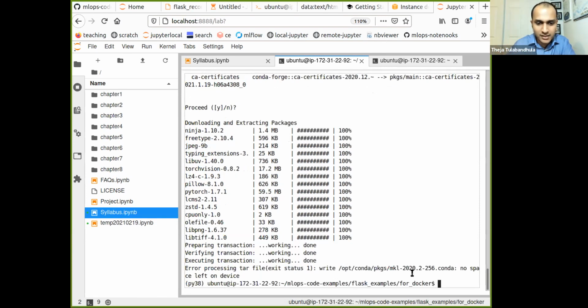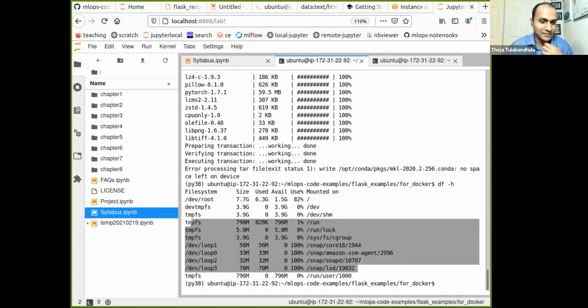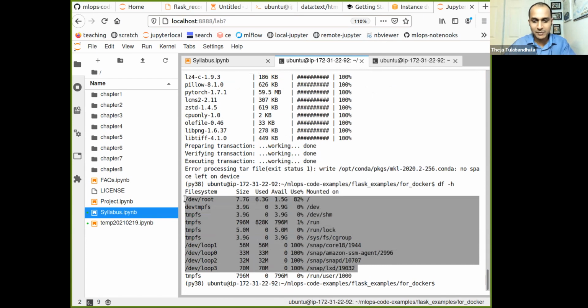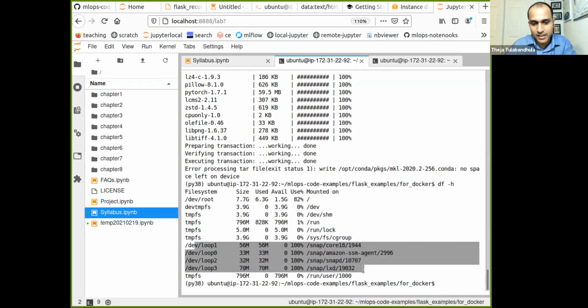So we are still in the stage of creating the image from which we can run the container. Oh wow, no space left on device. Wow. Sorry. Did we take a bad device or something? Okay, it looks like it's using 82% of the root folder, and everything else is used up.